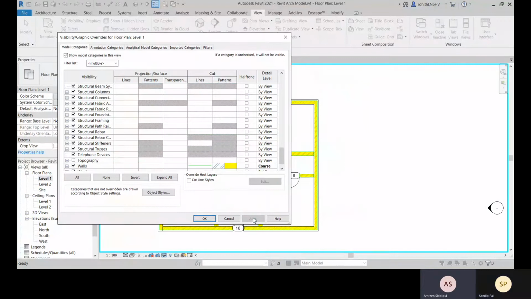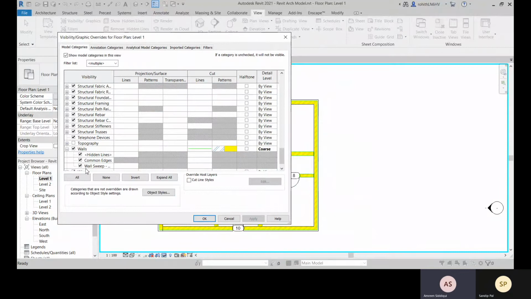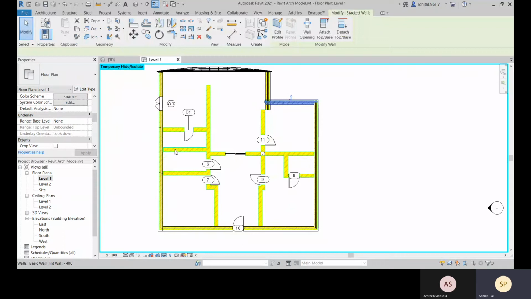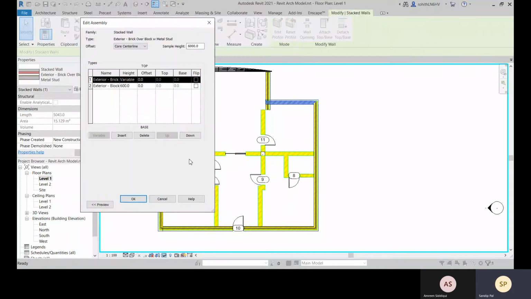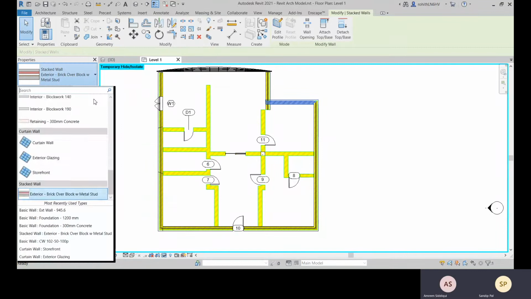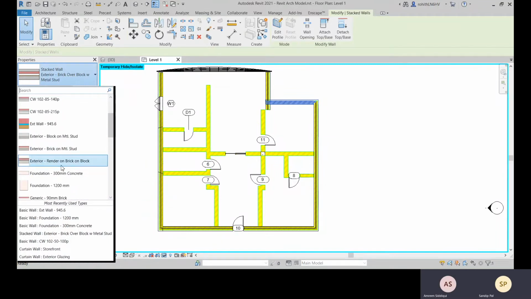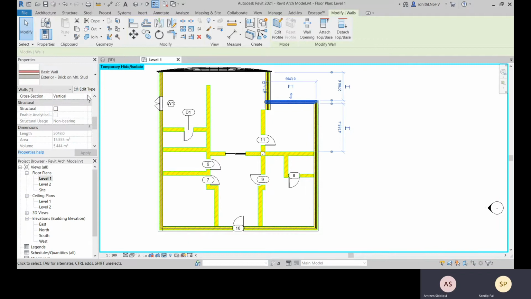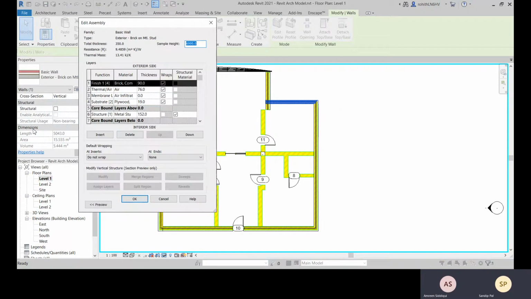Okay, and here, or it's for the coarse. Wall type here, yeah, if you go to the walls over here, there's this plus sign. So what are the options over there? Yeah, these are your hidden lines. Okay, so within this pattern, you have used this, go to edit types, go to structure, and for this exterior brick one, this is the material, or this is the wall. Suppose this one, okay. So for this one, go to its edit type. This is the structure for each and every one.